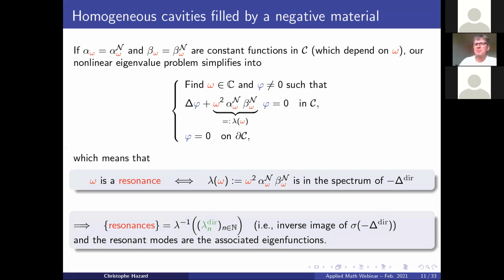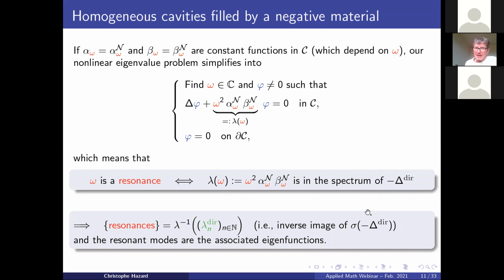homogeneous cavities filled now by a negative material? In that case, if I assume that my coefficients alpha and beta are given by alpha_n(omega) and beta_n(omega), which now are constant in C but may depend on omega, my nonlinear eigenvalue problem simplifies into the same as in the preceding slides, but now the definition of my lambda(omega), of course, has changed, and it is slightly more complicated, but the fact that omega is a resonance is